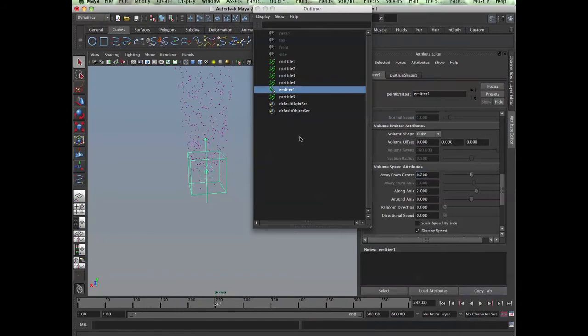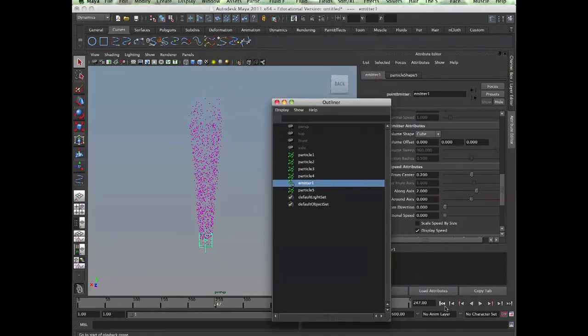It doesn't have to be volume. It can be any directional meter. I just want to shoot it up so I can show you how it goes into and being affected by fields. So